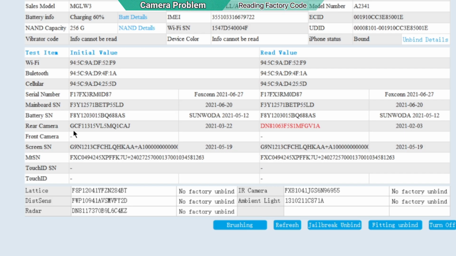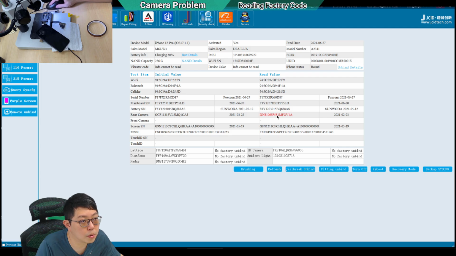So from here we can see the original rear camera, it should be this code, Q1CAJ, and this right hand side is the camera that I have replaced, right? The code is different, so this is from the motherboard. It knows it's different, so copy this code and program to here. But in order to do that, you need to install the Tecton Flex, because you need another chip to be programmable, because the camera is not programmable.